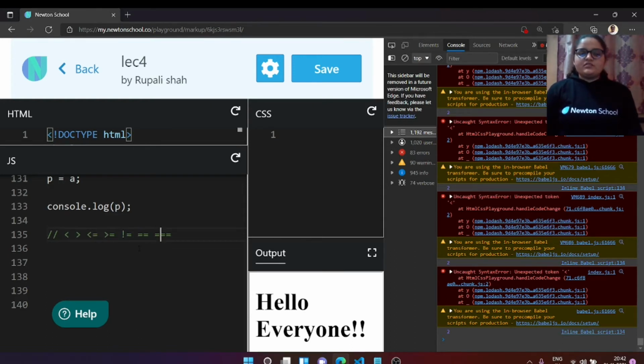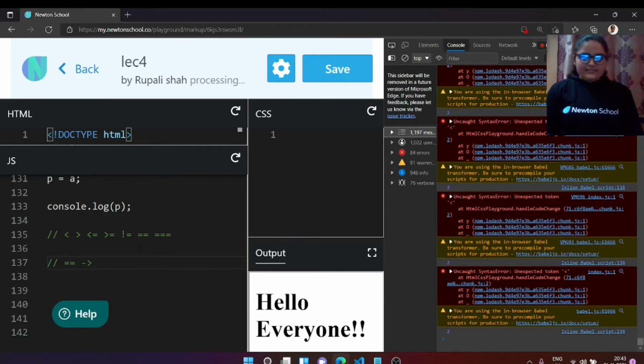So what do double equals and triple equals do for us? Basically, double equals helps you to compare just the value, like is 1 equal to 1 or not, is 2 equal to 2 or not.